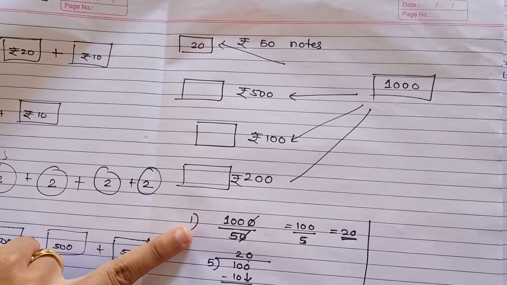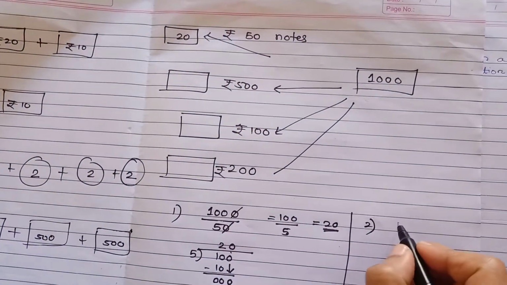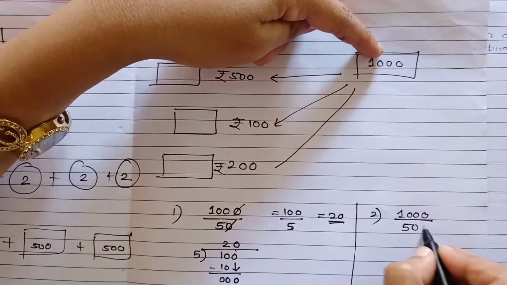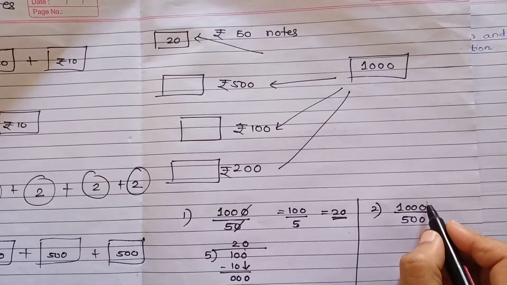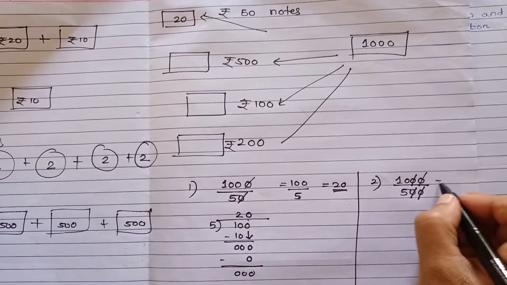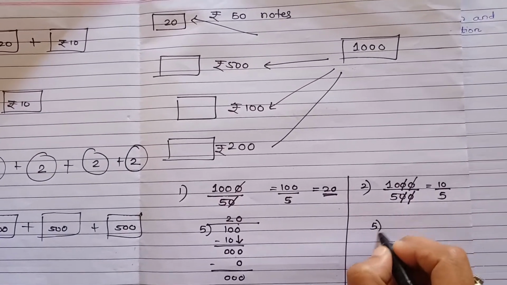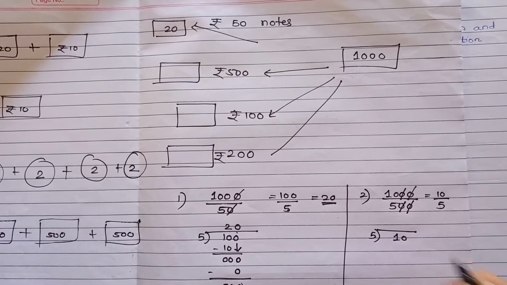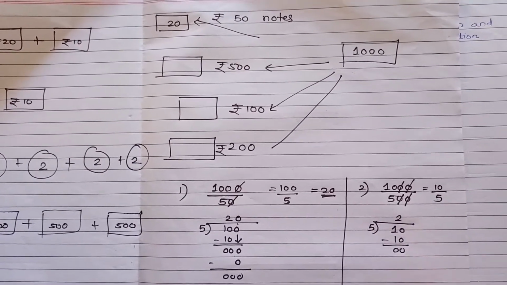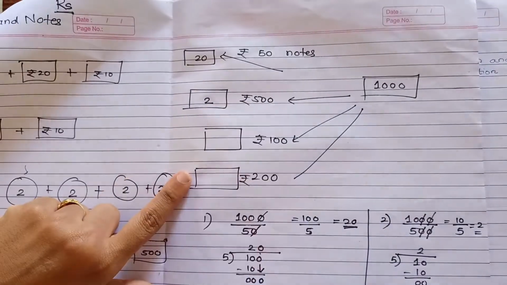So we will see the next part, that is 500 rupees. How many notes do you require? Basically, this bigger number I will write over here and 500 I will write over here. Common zeros we are going to cancel out, 1, 1, 2 and this 2. Both went. The only thing remaining is 10 upon 5. So I will take this 5 as the divisor and 10 will be my dividend. I am going to divide: 5 2s are 10. So how many notes of 500 do I require? Yes, I require 2 notes of 500.